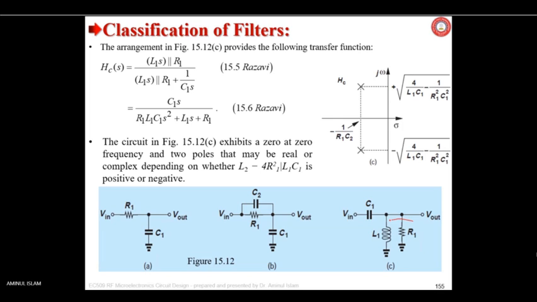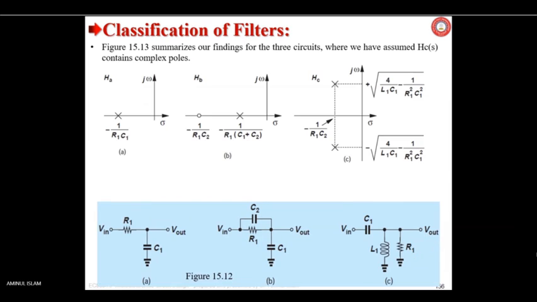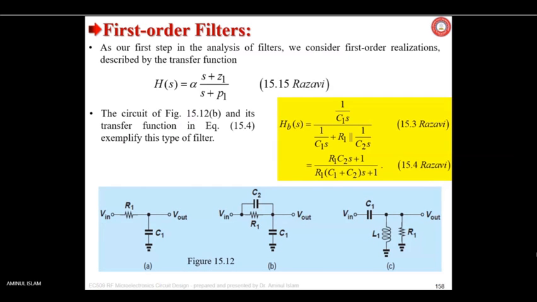Similarly, the other circuit C is there. See that they are in parallel. So it has been written this way, and you get this equation, and hence if you find out the poles and zeros, the same method is adopted, and it is summarized here. Three circuits, A, B, C. Pole zeros are plotted. That was actually the problem question.